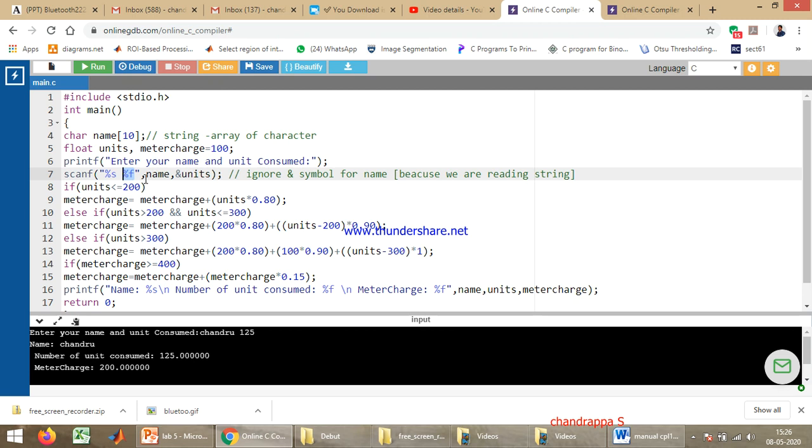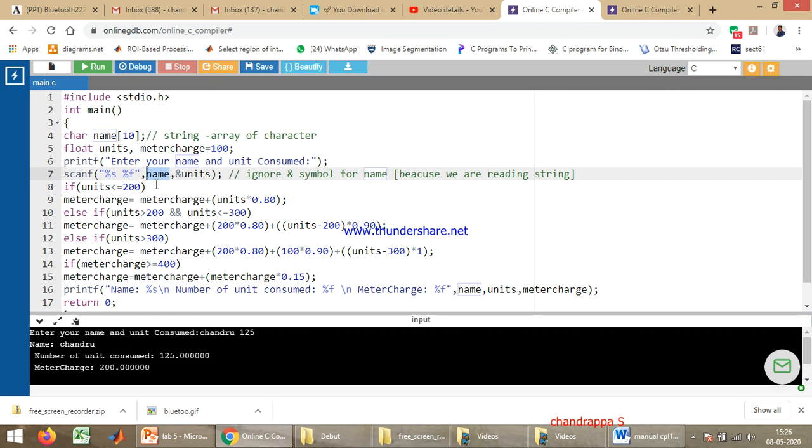Here we need to concentrate on one more thing. Don't use the ampersand symbol for the name variable because we are not reading one character. We are reading a string or more than one character.